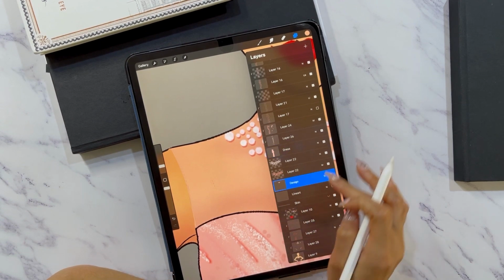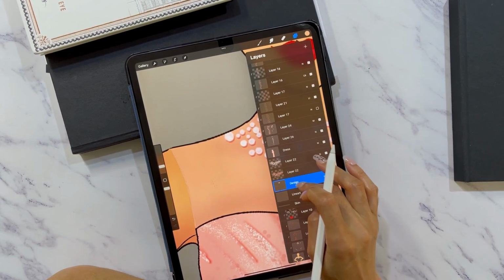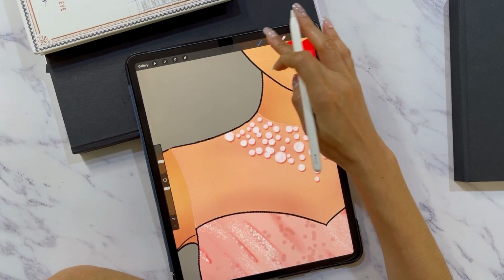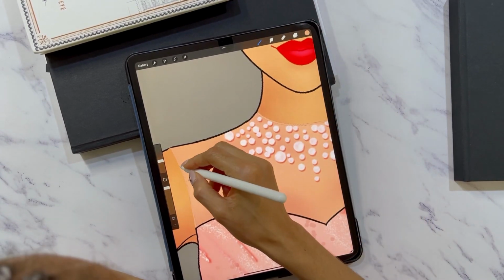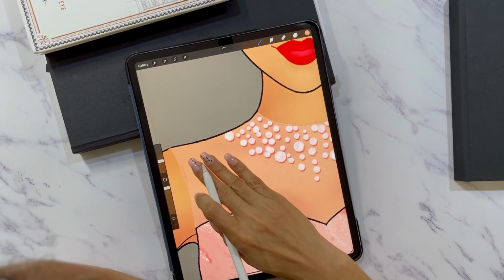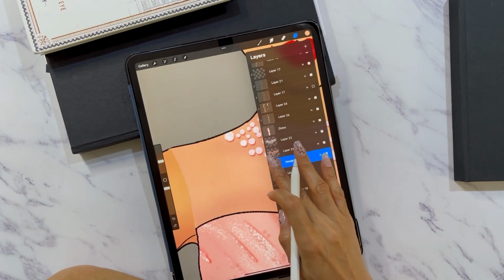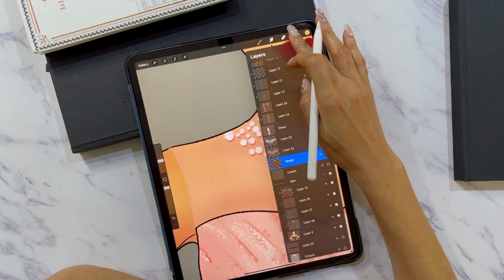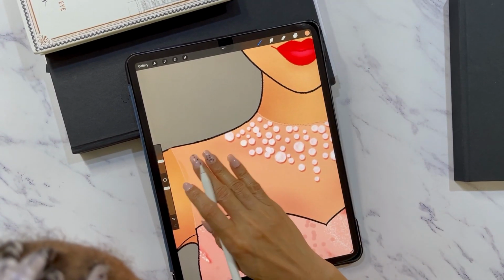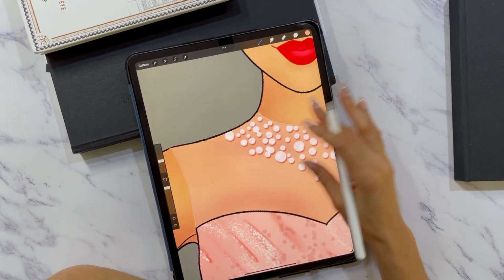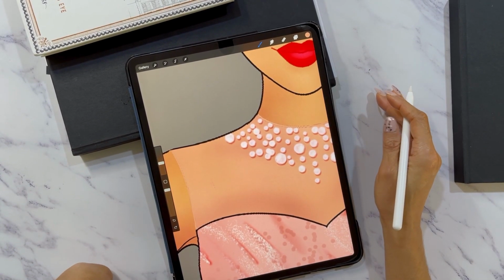Okay, we have it here again. So here I need to apply alpha lock. Oops. It's not giving me the same color. Anyways, because